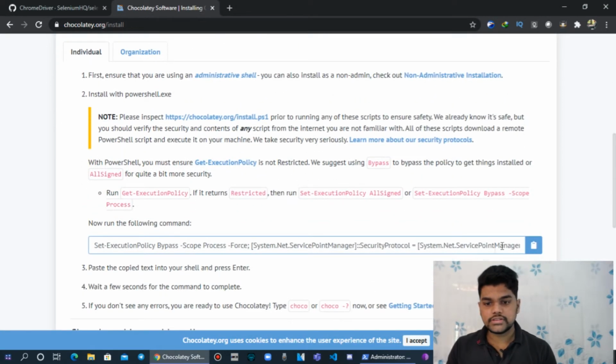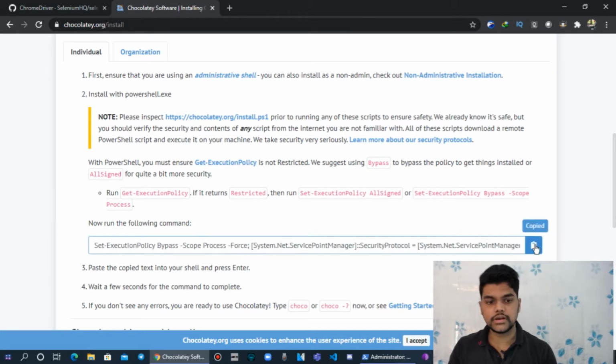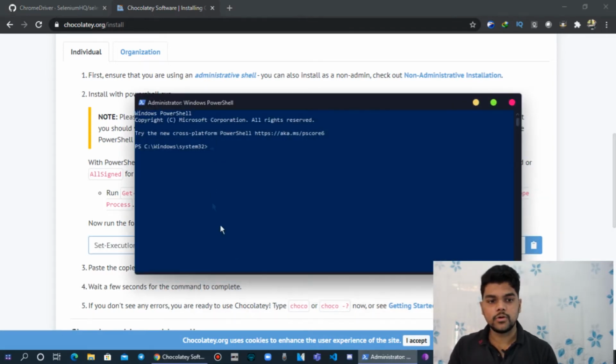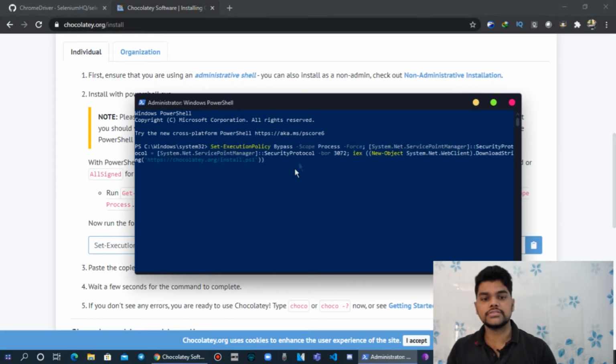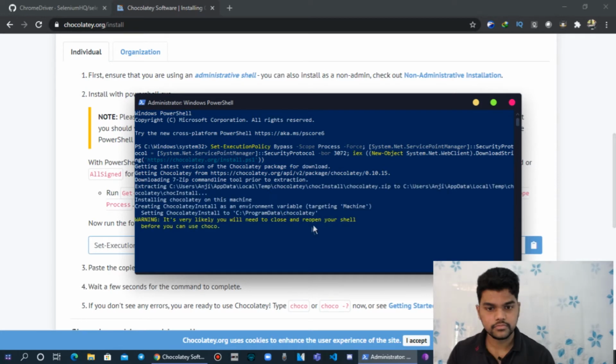Copy this command, which has been given here, and paste it in your command shell. Press enter and wait for a few seconds. So it's done.